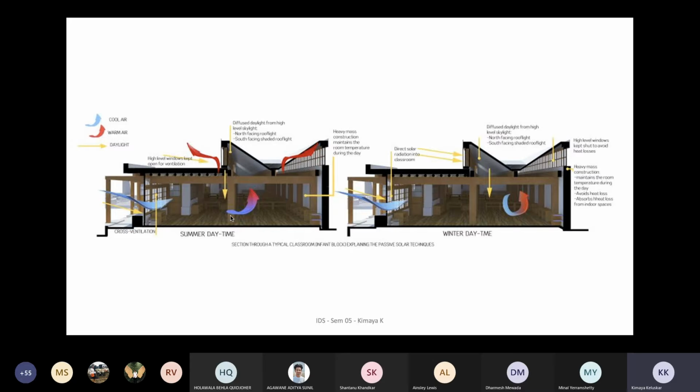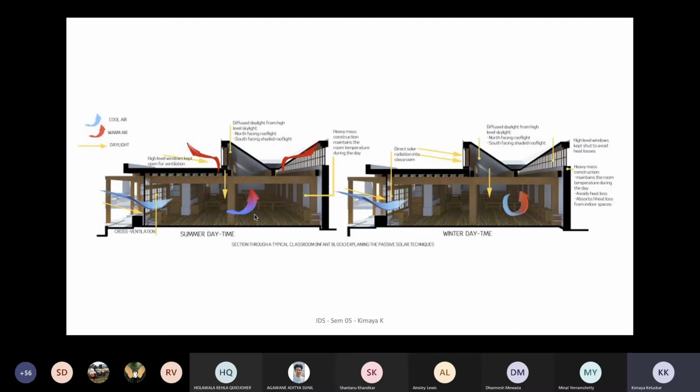And then there are these ventilation patterns depending on your summer day and your winter day. If you see, your winter day is basically very closed. So there are Trombe walls, with very small openings through which they take in the air. And within it, the Trombe wall treats the air. For example, if the temperature of the air is 4 degrees Celsius, by the time it moves through the Trombe wall, it will gain 4 to 5 degrees Celsius and then enter the room.